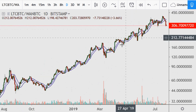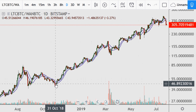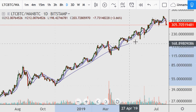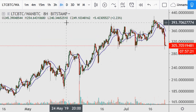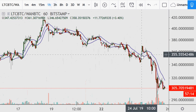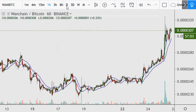Next up is WAN, which has gotten decently below the 18, but this has happened quite a bit recently, and this has been a long, long run up. I mean, I would never want to be like, okay, I want to buy long, think it's going to go higher. Meaning, well, I can't say that. I mean, fundamentally, it could be the case, but this has been a long-standing trend that has been going on within this market. This is telling me that all I'd really want to play for is maybe some sort of short-term move. But it does have this substantial noticeable break that it's had on the 8-hour chart I've taken a look at. This has definitely been getting its ass kicked big time recently, but there's nothing wrong with that for what could be spectacular gains. Of course, the hourly is looking